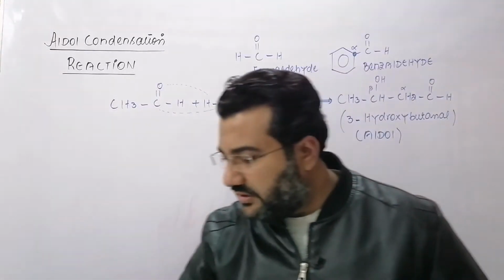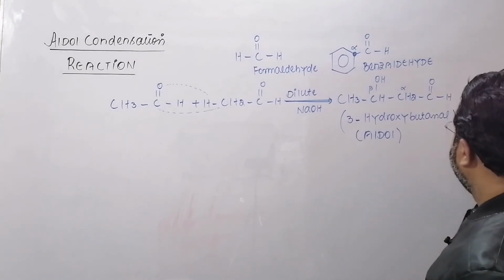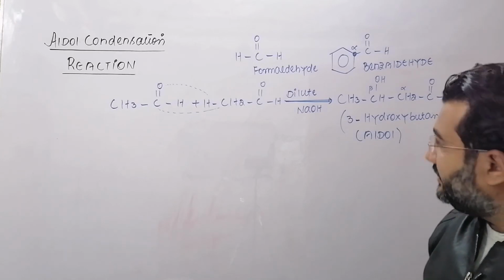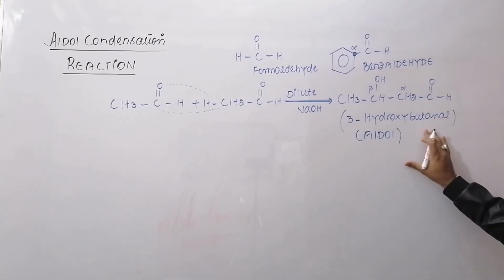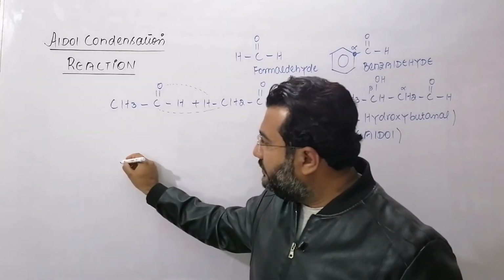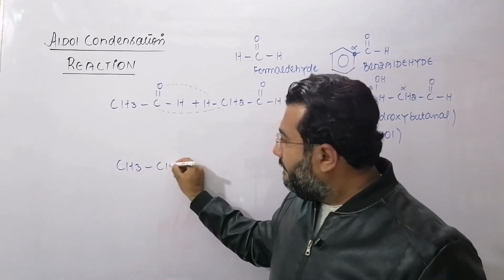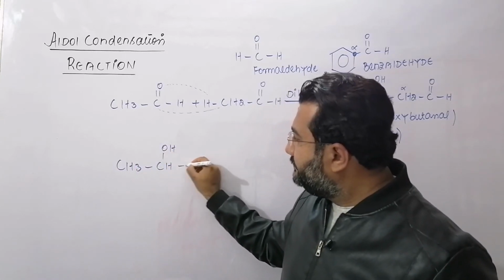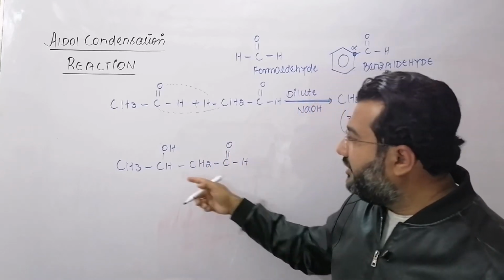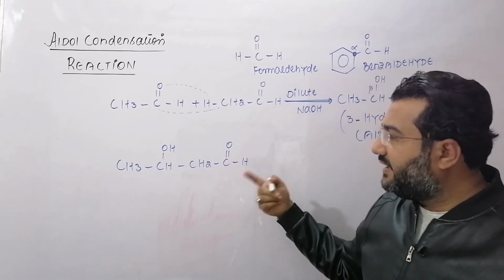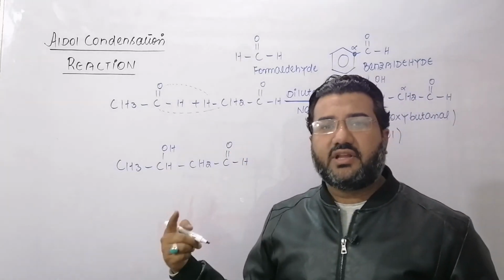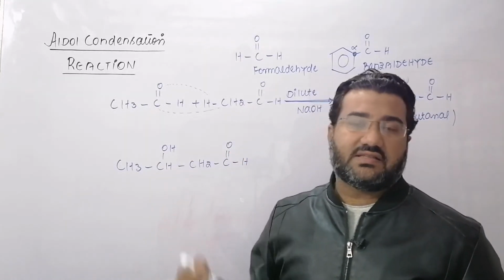My dear students, now let us look into the mechanism of aldol condensation. But before going towards the mechanism of the aldol condensation, let me tell you that this aldol is stable in the basic medium. But if you slightly heat this aldol, or you treat the aldol with some dilute acid like HCl, then heating the aldol or treating it with dilute acid like HCl dehydrates this aldol.